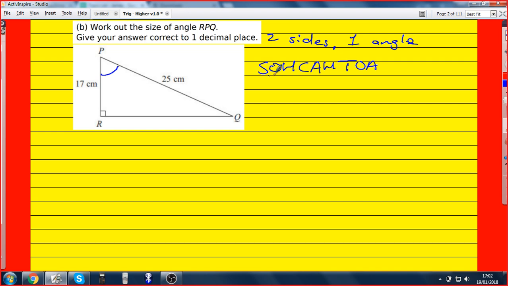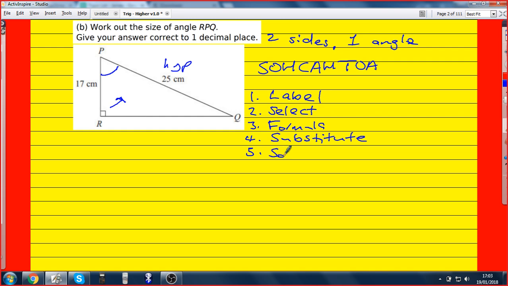So the hypotenuse is the longer line, isn't it? I would say it's the one opposite the right angle. Yeah. Okay. How about the 17? I'm not sure what the other ones are called. So in relation to the angle P, that's the one we're trying to find, the 17,